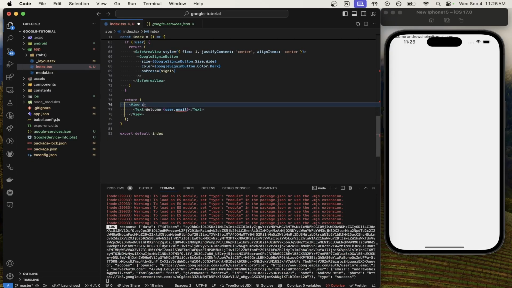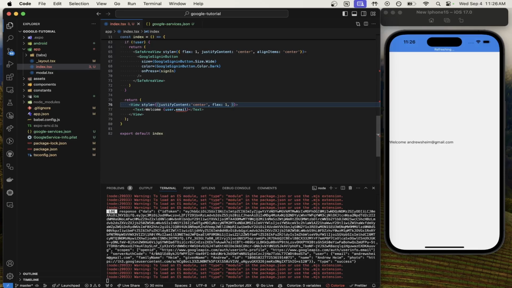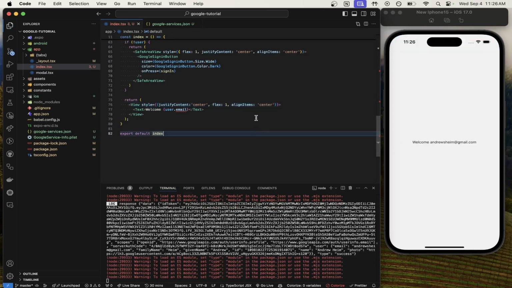We can add the style, spell it right this time, justify content, center, yes, and we have to add flex to that. I was like, why is it not working? Okay, there we go. And we'll do the align items, center. Okay, perfect. So now we have welcome Andrew S. Heim,